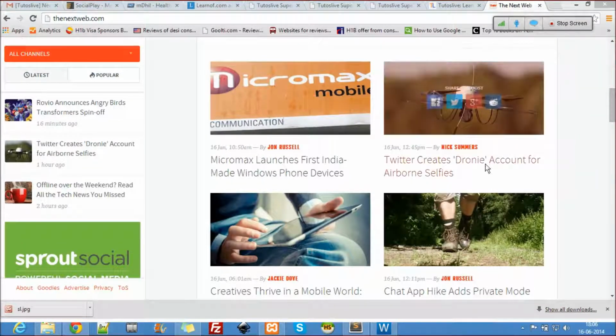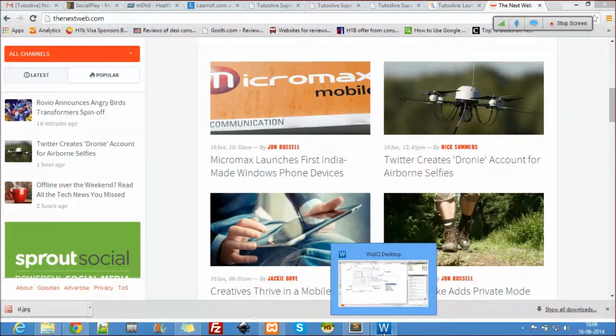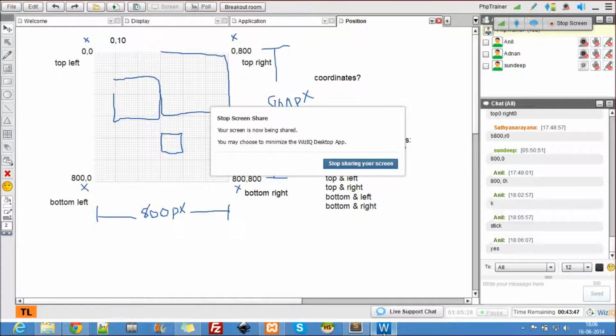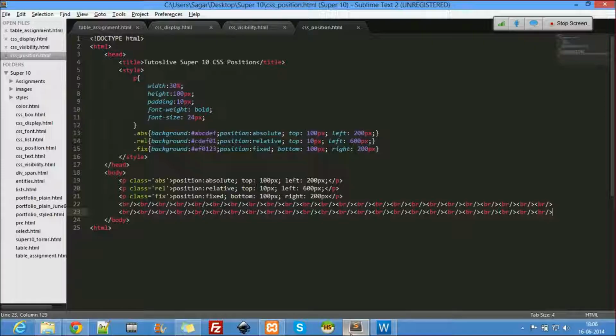That's about position fixed. Now where do you use absolute and relative? It depends upon the designer's choice. Absolute is used when you know the exact position where you want to place it, right? Relative is when you don't know where to place it, but say move me 10 pixels from here, move me 5 pixels from here, move me 10 pixels from the top, move me close to the bottom. The relative position has both positive and negative numbers. You can say negative also.